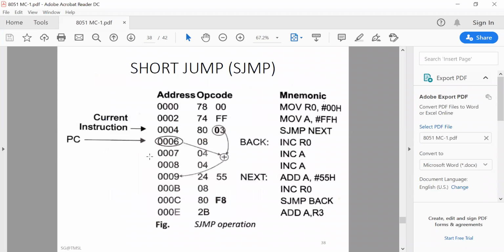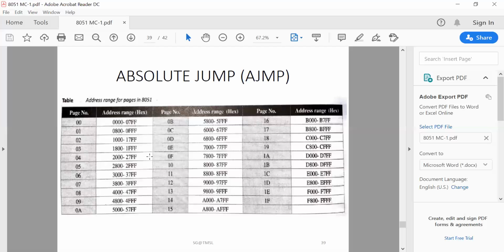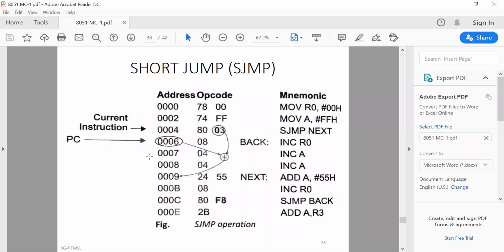Okay. Now we have to clear the concept about the short jump. What is it? Short jump. Very important and somewhat complicated, so listen carefully. Now, short jump, how can you write it? SJMP certain address, suppose 08. This can always be given by 8 bits of code. It's not a 16-bit address. An 8-bit address will be there.